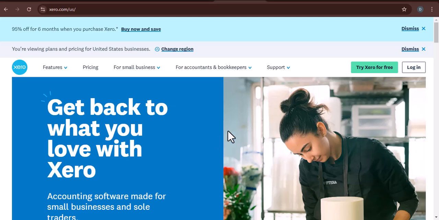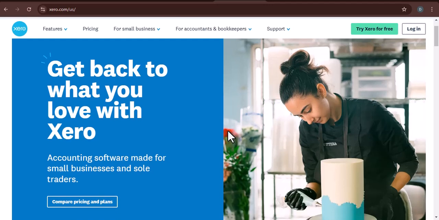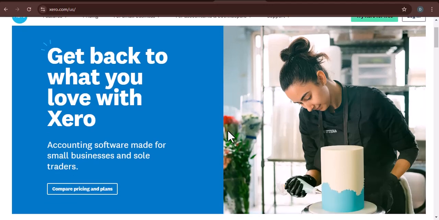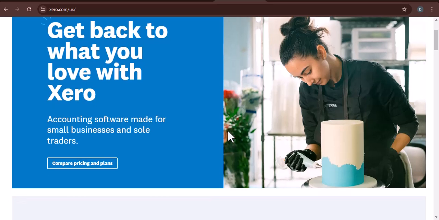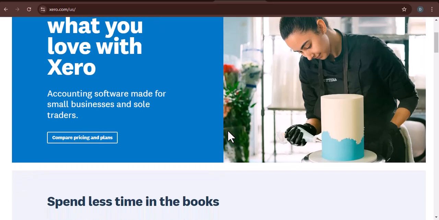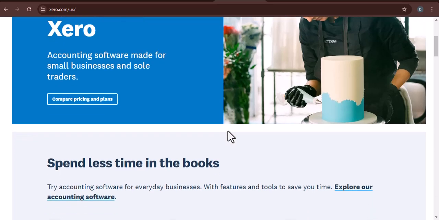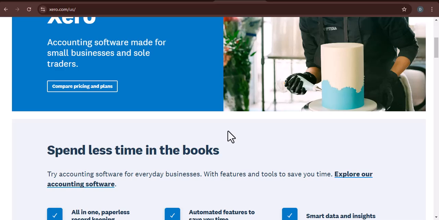Ever felt overwhelmed by the sheer number of accounting software options out there? You're not alone. Choosing the right one can feel like navigating a minefield. Today, we're diving deep into Xero, a popular cloud-based accounting software. But before you even think about signing up, you need to know, what are the minimum requirements to use Xero